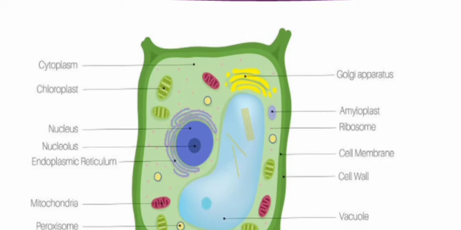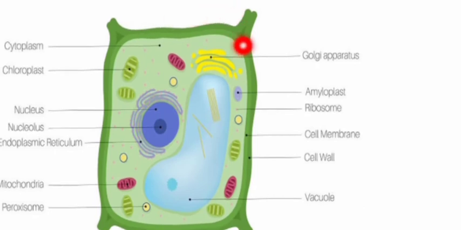Inside the cell, vacuoles are present. The vacuoles are smaller in size in the animal cell, but larger in plant cells. In the plant cell, there is another component called plastids. They are of different colors. Some of them contain the green pigment called chlorophyll. Green colored plastids are called chloroplasts. They provide the green color to the leaves. Why are the leaves green in color? Because of the presence of the chlorophyll pigment. The chloroplast is absent in the animal cell.